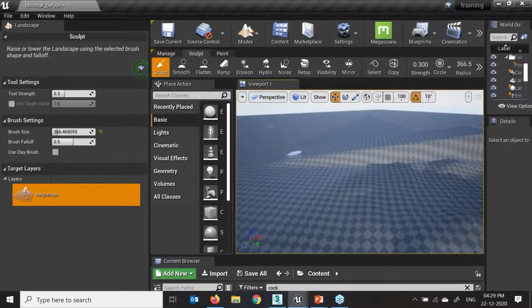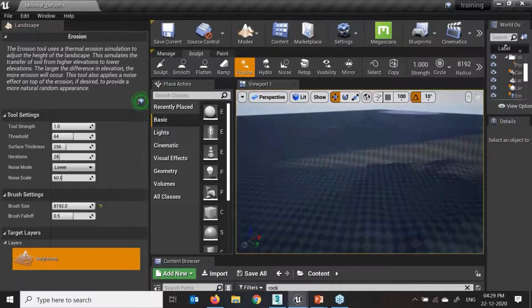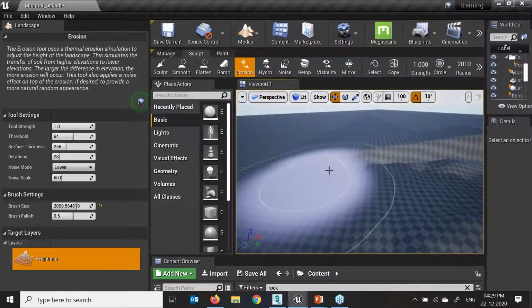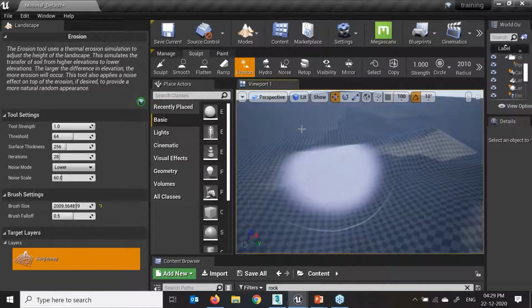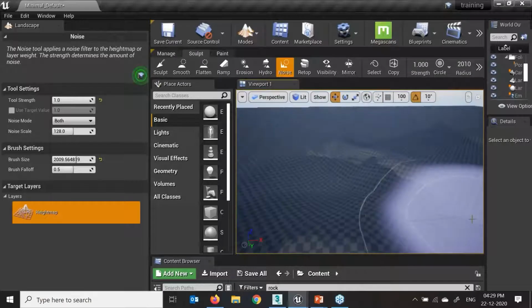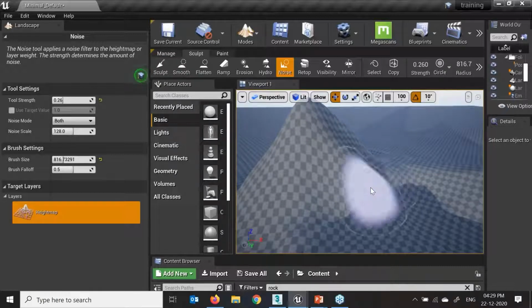F11 again. Ramp we have, illusions we have, again increase the strength over here. Circle radius, if you want to increase, it's a little bit more. Let's settle with the 2000 something. Right. Noise, if you want to add any noise, Control Z, small, just click on that. Decrease the radius a little bit more. Strength, we can reduce it. We just need to slide over here. A little bit more strength we can increase.